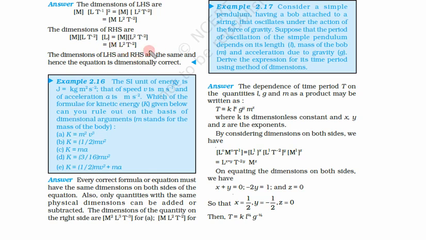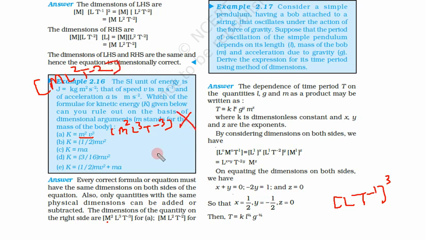What are the dimensions of kinetic energy? M L square T minus 2. So let us see first the dimensional quantities on this right side. M square, velocity is L T minus 1, and the cube of this, so L cube T minus 3. So this quantity will become M square L to the power 3 T minus 3. And what is the correct dimension? M L square T minus 2. So this one is definitely not correct.